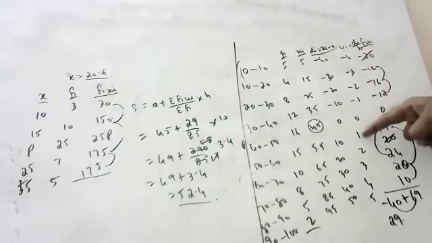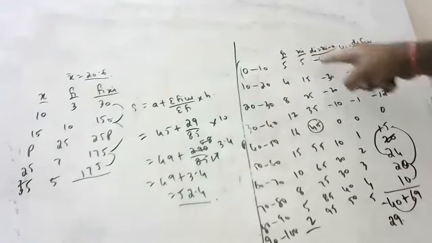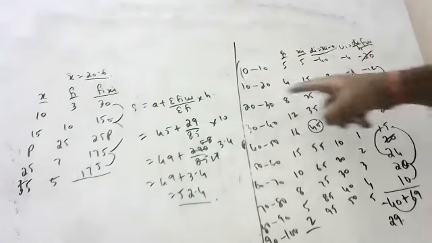Minus 4, minus 3, minus 2, minus 1, 1, 2, 3, 4, 5. Did I make any mistake? Sir, how minus 4? I did wrong here. The 20 and 20 cancel, no? 30, 45, 55, 65, 69. What is wrong? Ui is Di by h, which is 10. Everywhere we should take 10 only. Minus 40 by 10 is minus 4. Minus 30 by 10 is minus 3. Minus 20 by 10 is minus 2.